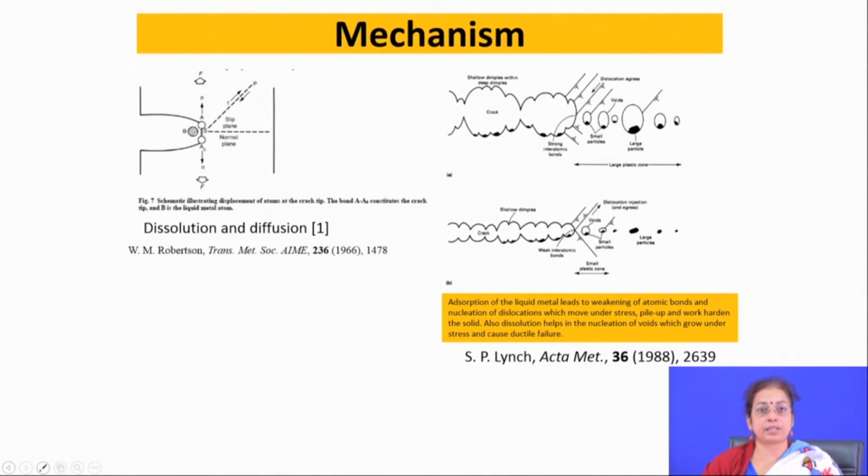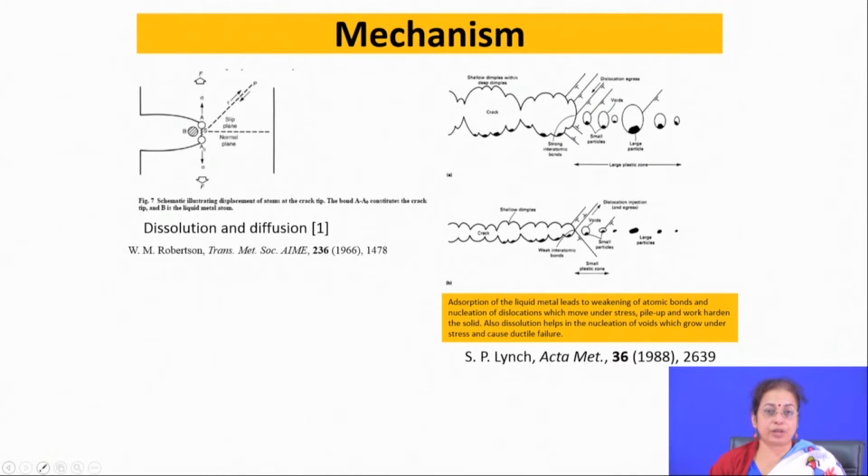Naturally, stress has to be there, either internal or external, because the embrittling phenomenon is usually observed when the material is subjected to stress. Otherwise, if it is in a static condition and no stress is applied, there is no problem. Whenever you apply stress and there is liquid metal in the environment, there are different ways by which the crack initiates and